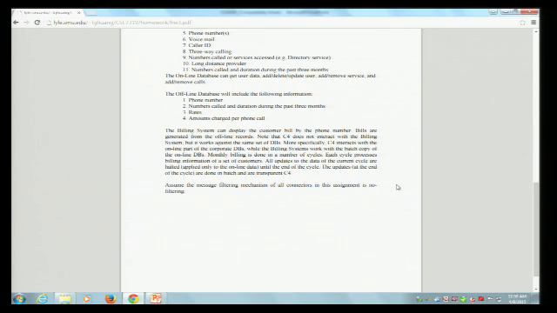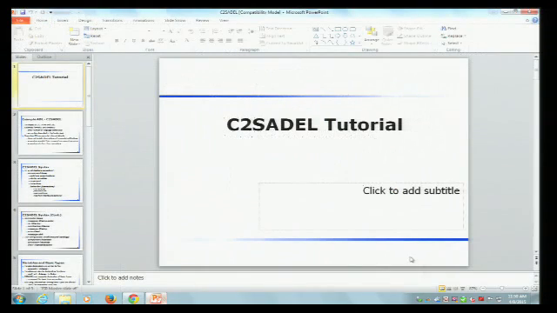So for the connector type, you need to define for your architecture. We assume that the message filtering mechanism of all connectors that are used in our application is no filtering connector, no filtering message connector. So let me give you a brief introduction of